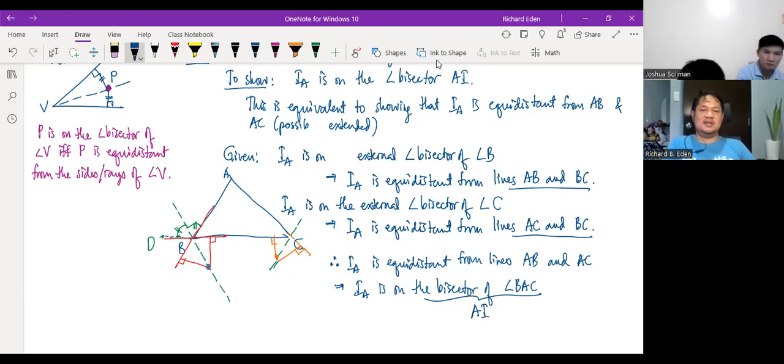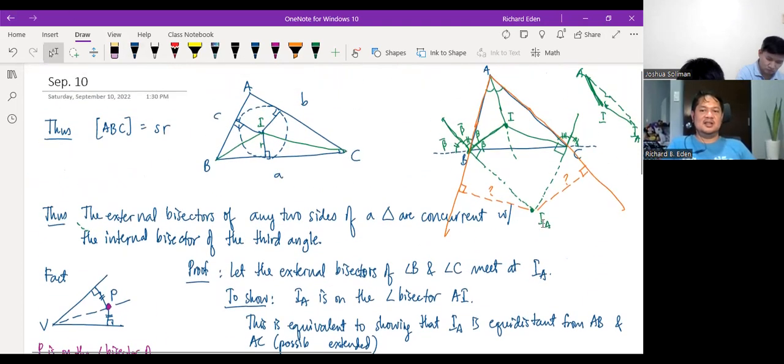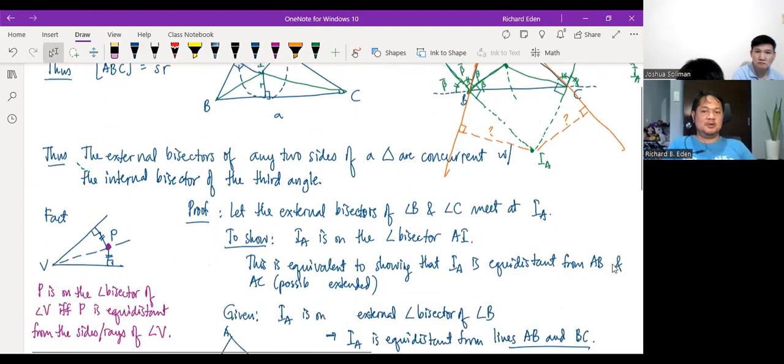Okay, so that does it. So that means the three bisectors, the external bisectors of B and C, and the internal bisector of A, are concurrent at I sub A, equidistant from the sides. Furthermore,